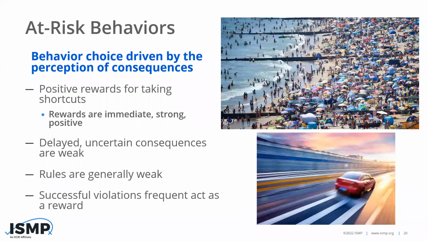But the other thing to keep in mind, especially for the leaders on the call, is often these at-risk behaviors or behavior choices are the result of the organization rewarding people for taking shortcuts. So think about this. Wherever you're working, would you prefer a pharmacist who can verify way more orders than anyone else? Pharmacist A can verify 100 per hour, pharmacist B can verify 50 per hour. Or a nurse who can handle giving meds out to 10 patients, compared to a nurse who can maybe only handle 6 to 7 patients at a time. Who do you prefer and who would you reward?